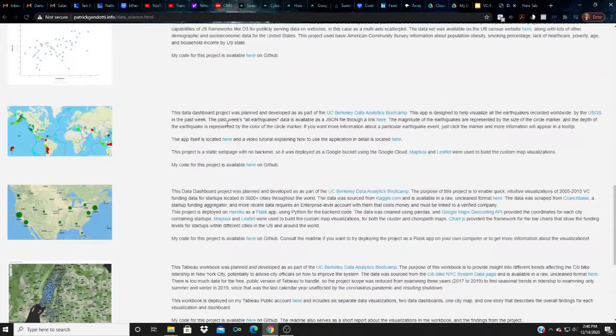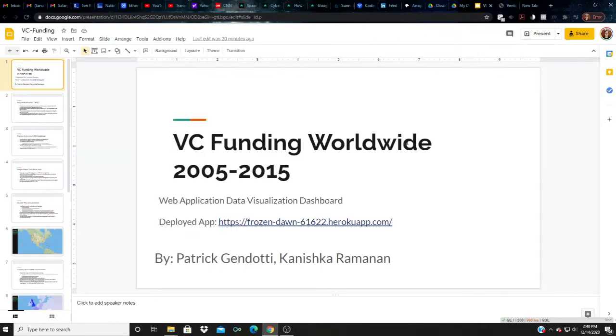Anyway, you're going to scroll down close to the bottom and look at this data dashboard thumbnail that has a few different green marker circles on it. It shows a map of the United States. If you click on that picture, it will bring you to the app itself, and it is listed as Frozen Dawn 61622 HerokuApp.com. So to start going through the presentation, we did prepare a presentation for this, me and my teammate